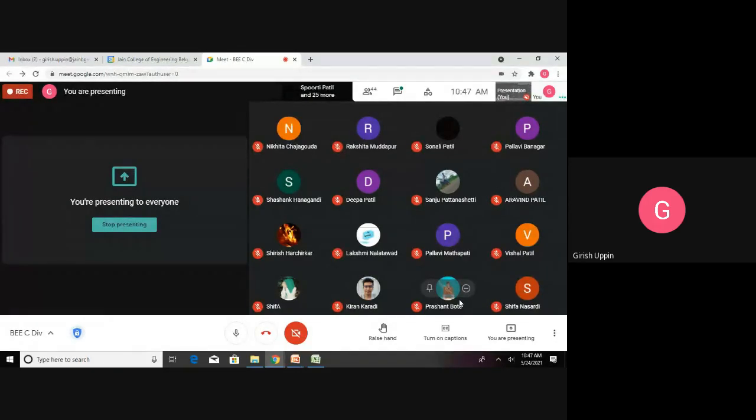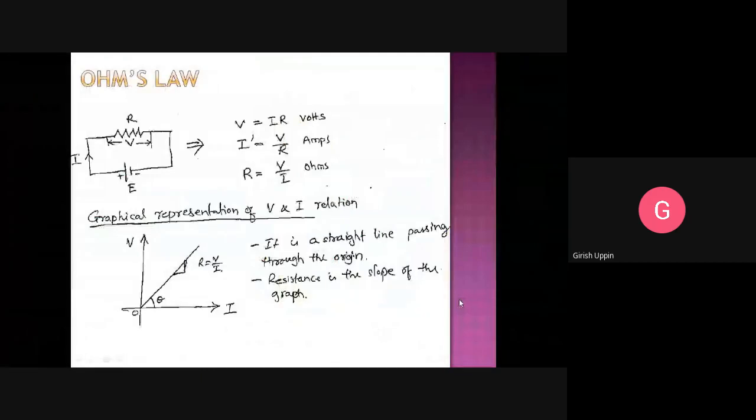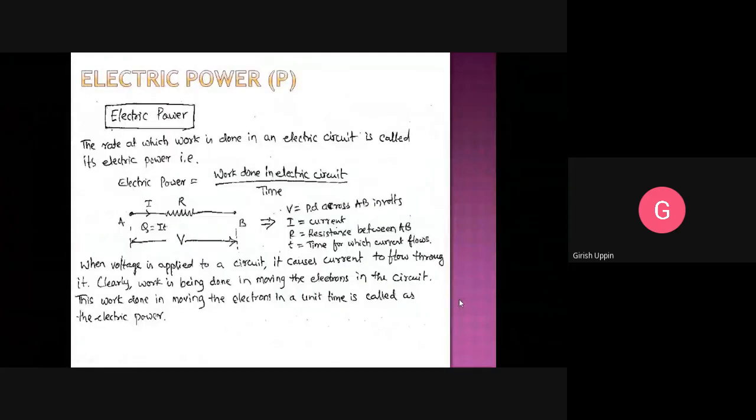So the electric power is exactly the same. Capacity to do work is called a potential, and the rate at which the work is done in an electric circuit is called its electric power. And another example of electric power, suppose you have